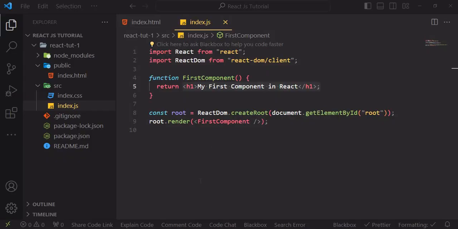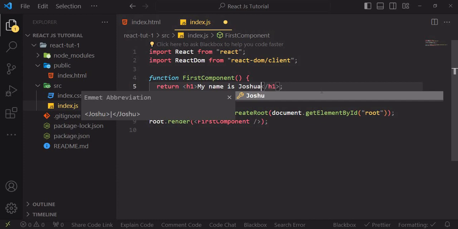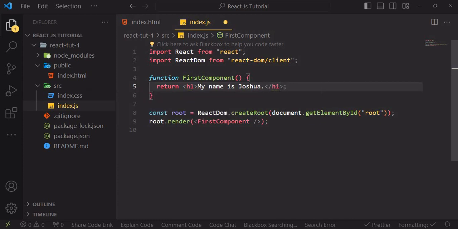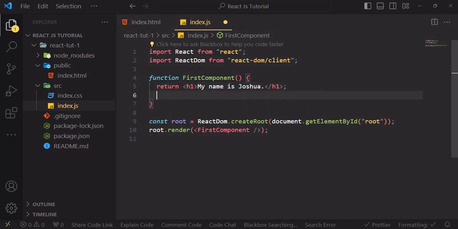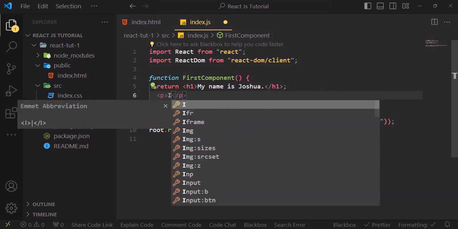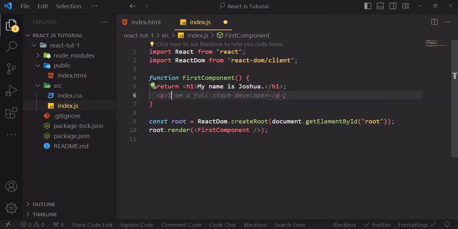So let's say, for example, aside from my first component, let me change this. Let's say I want to change this to my name. I want to write more elements. I say my name is Joshua. Then here I want to have another JSX element. I'll say I'm a full stack